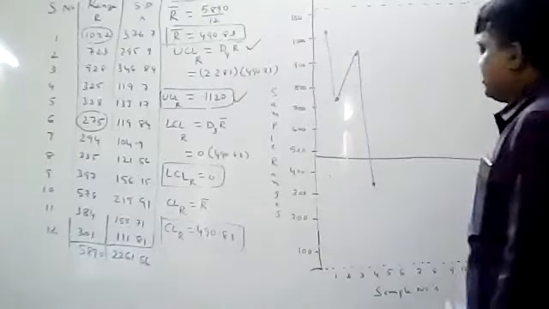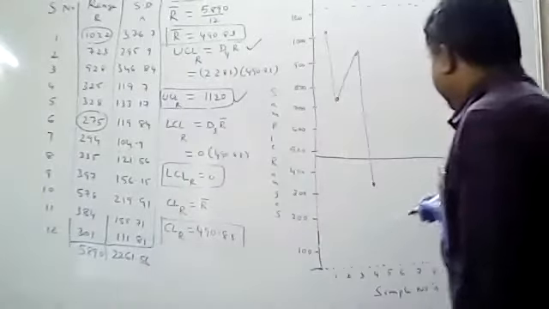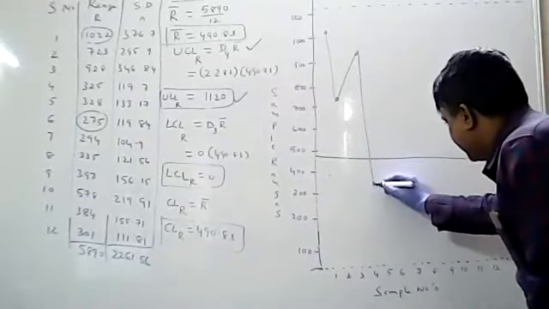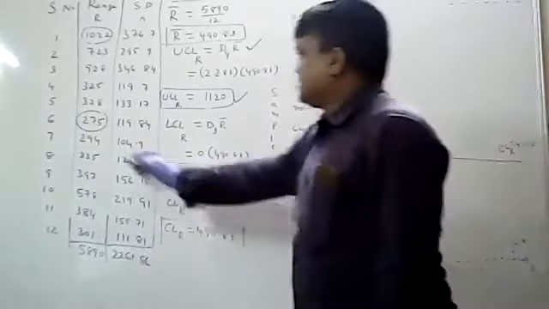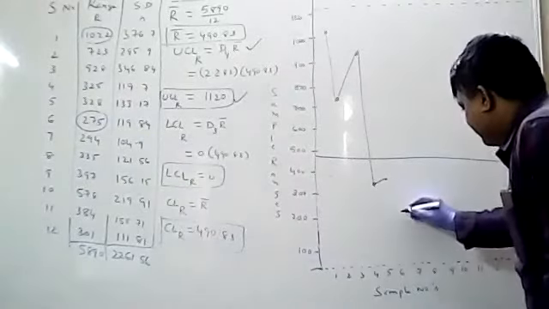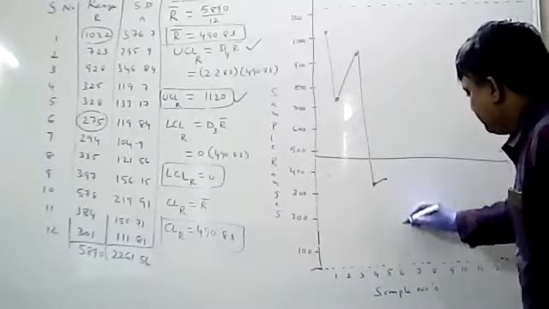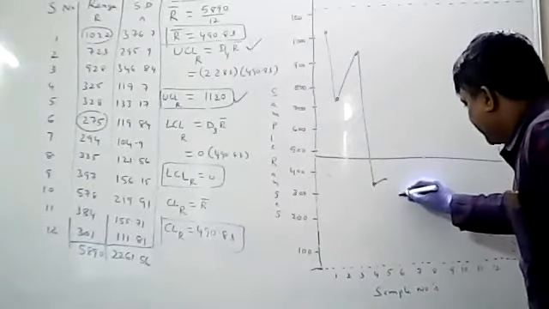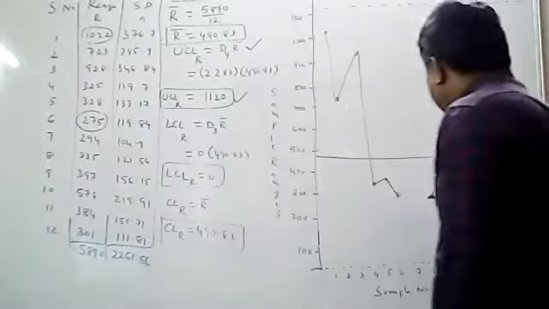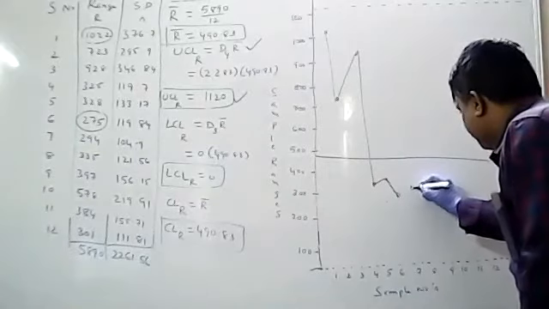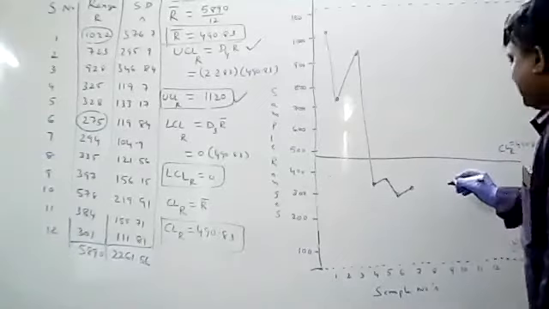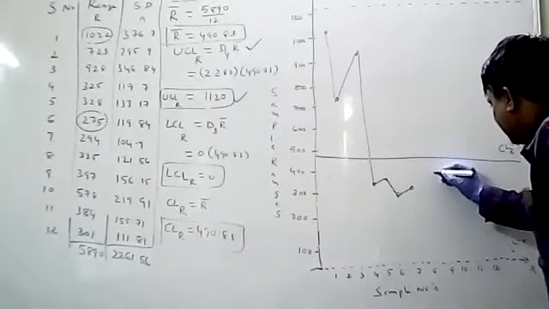This is the fourth sample I got. Next, the fifth sample. What is the fifth sample? 328. Roughly you can identify the fifth sample, 328. And next, the sixth sample. The sixth sample is 275. Sorry, the sixth sample is 275. Roughly you can identify 275. And then 294, the seventh sample is 294. Eighth sample is 335.